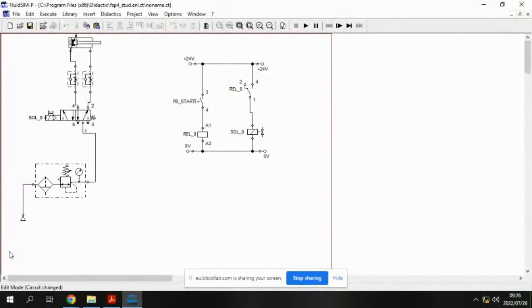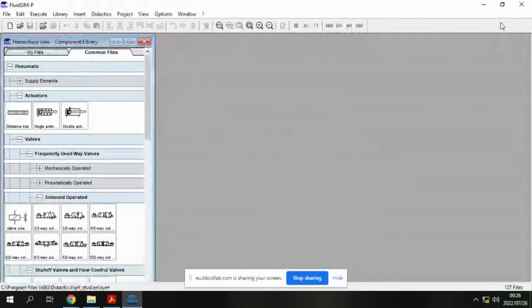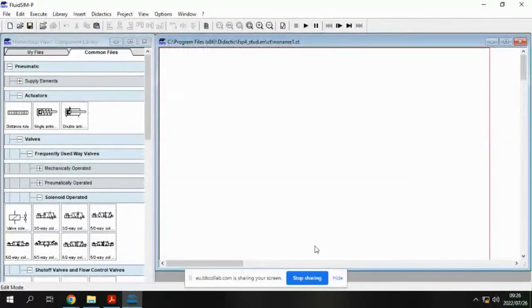So this one looks like this, because remember it was a single acting, double acting. So let's see how this today's one will differ. So the single acting cylinder and a normally open valve and